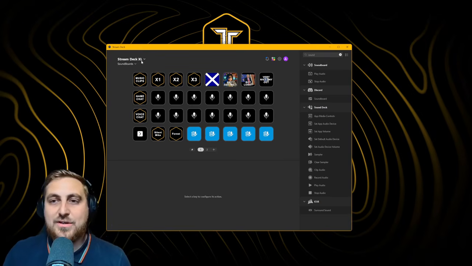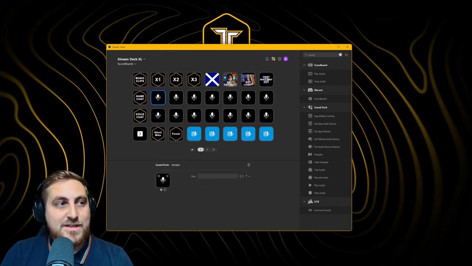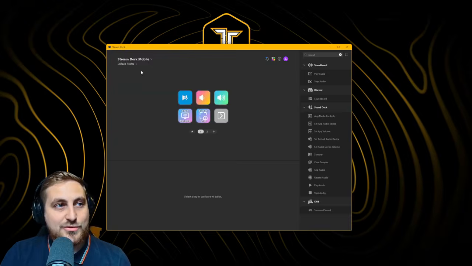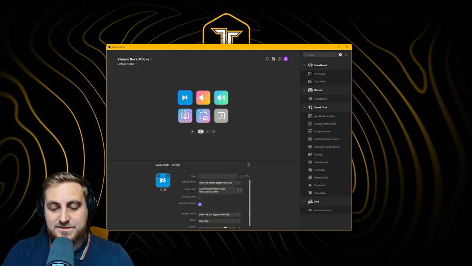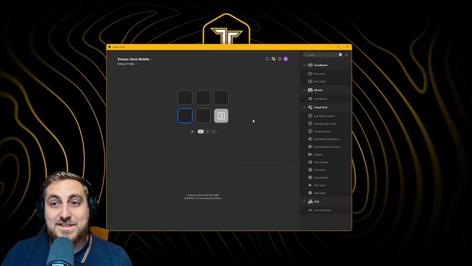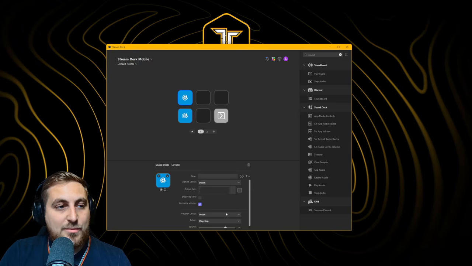If you followed the tutorial earlier on in the video, and you didn't have a Streamdeck and you're wondering how to make this happen anyway, you can create a button in the exact same way on your Streamdeck mobile. So let me delete these. You've got 6 fresh buttons there, and we're going to pull over the sampler. I'm also going to drag over a delete icon, a clear sampler. And now that this is all set up,